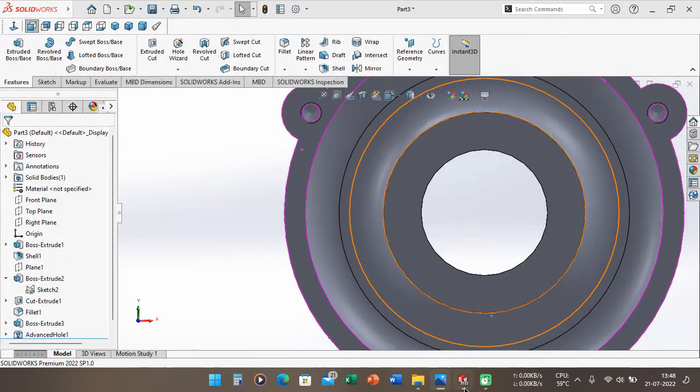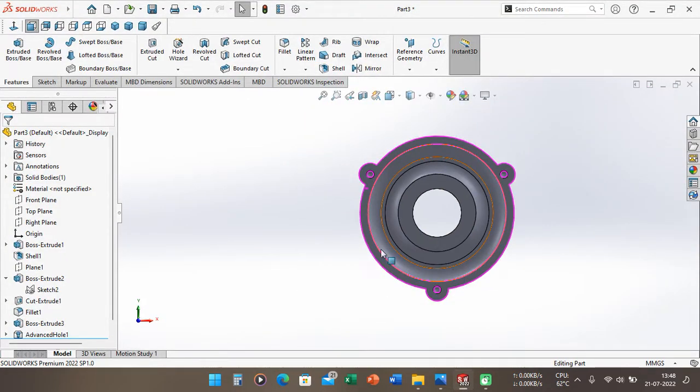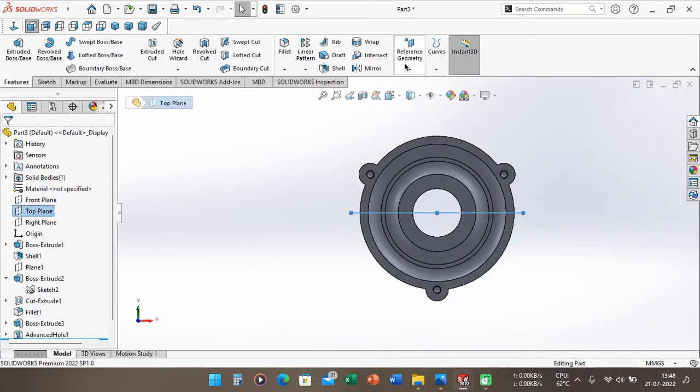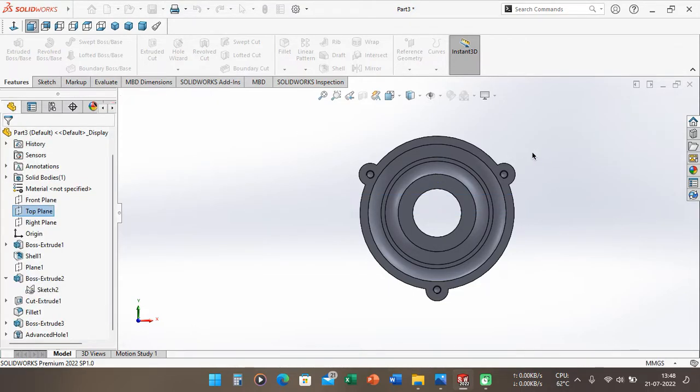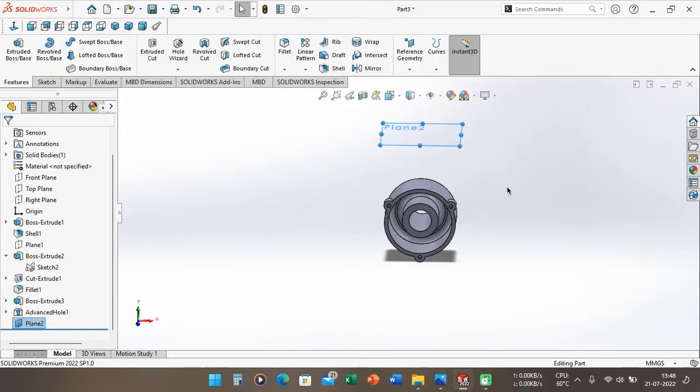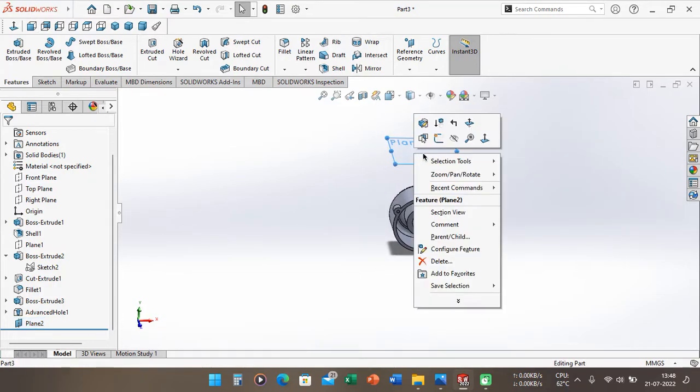Okay, so we can go to SolidWorks again and try to make a new plane again. We can go to reference geometry again, just plane, and we can define 110 millimeter. Okay, after that we can see the new plane has been created here.